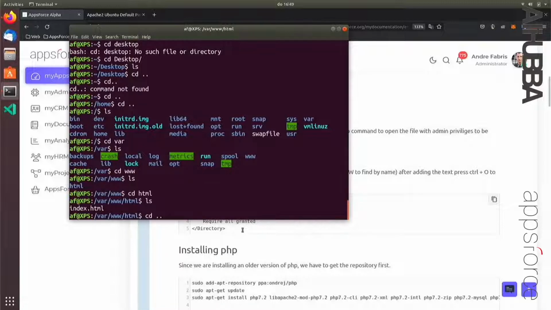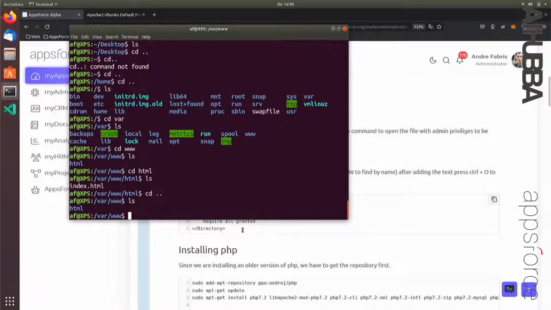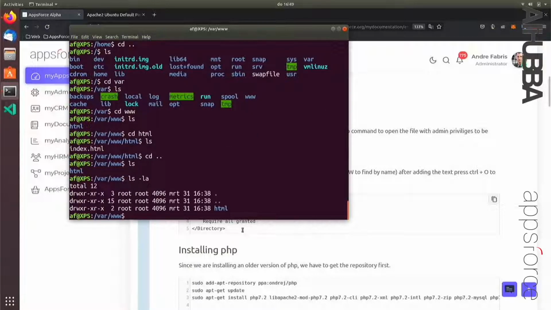So, you know, that goes up one directory. And if I type ls, I have one folder, HTML, okay? If I do ls -la, it will show something slightly different, okay? So it will give me, first of all, this